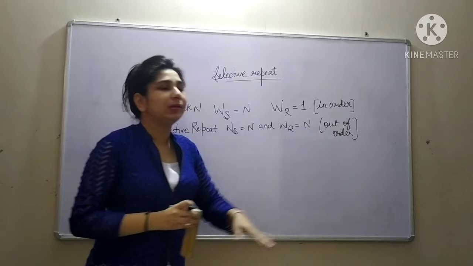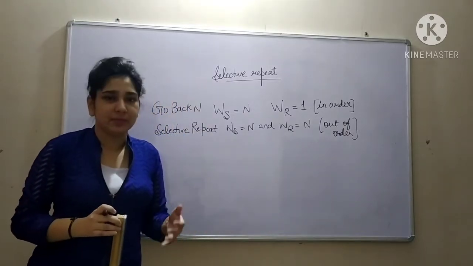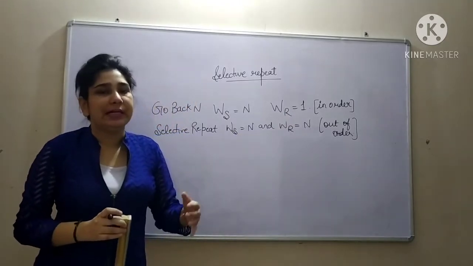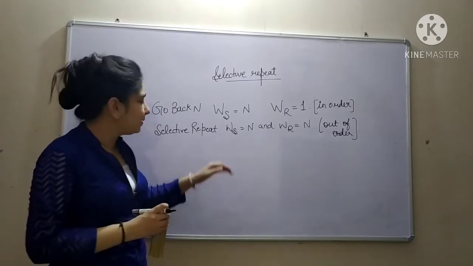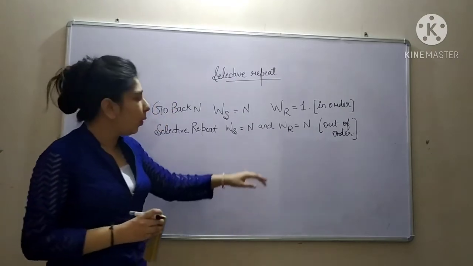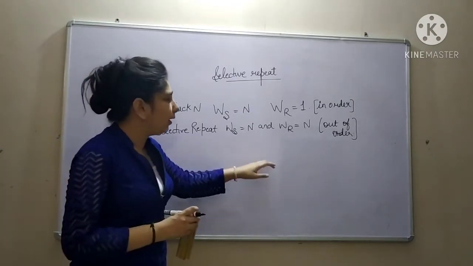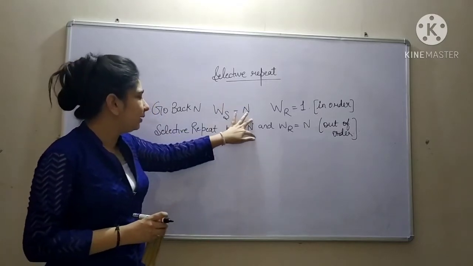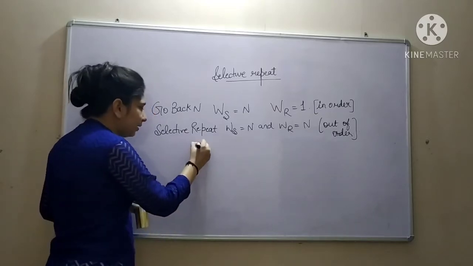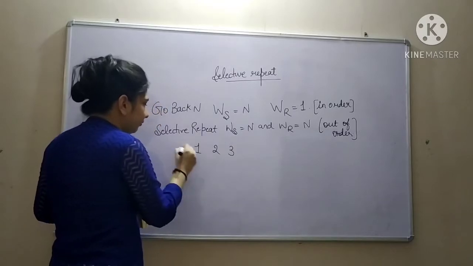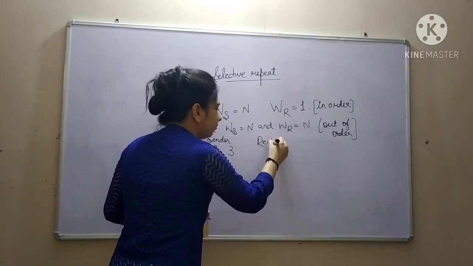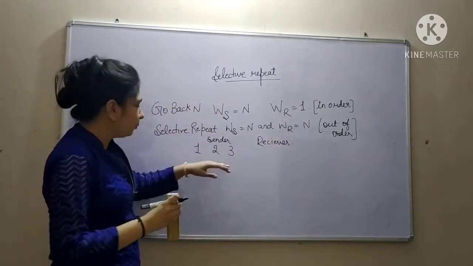In order means all the packets which sender is going to be transmitting are going to be accepted by the receiver in a particular order. Like if sender has sent all the packets in order 1, 2, 3, receiver is going to accept all the packets in that order, like 1, 2 and 3. But that is not the case with selective repeat. In this, if sender is sending packets 1, 2 and 3, receiver can also receive packets 1, 2, 3 at one particular point of time.